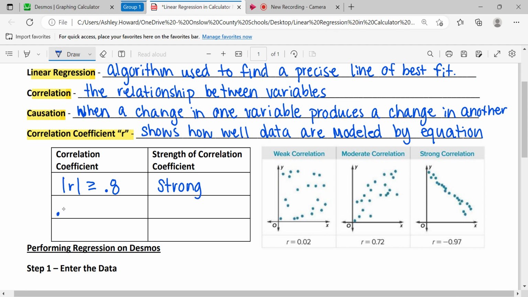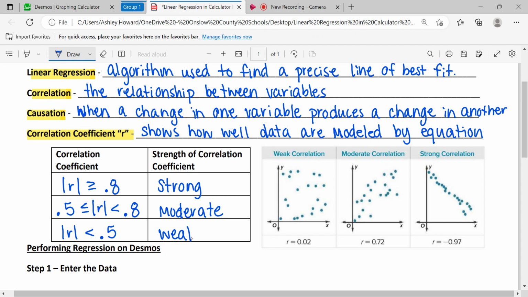If our correlation coefficient, or R value, is between 0.8 and 0.5, that would mean that it's a moderate correlation, or kind of in the middle. And then if our R value has an absolute value that is less than 0.5,